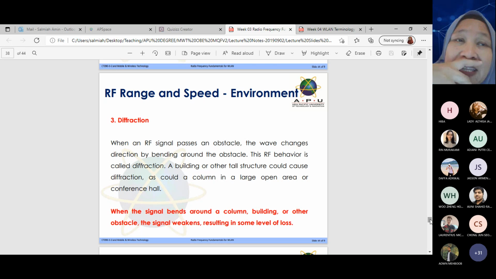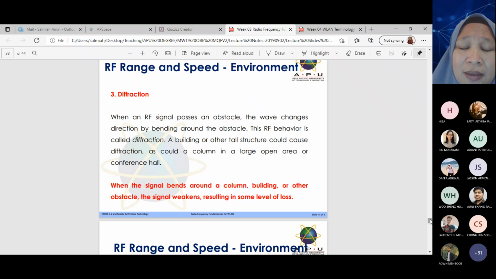That's why I tell you, if you are using Waze, oh my God, to be honest, I don't like to use Waze, especially in the KL area, within the KLCC area, because there are too many tall buildings and you end up losing signal. Yeah, it's quite common. It's not because you don't have good internet service, no, it's because of the diffraction issue.